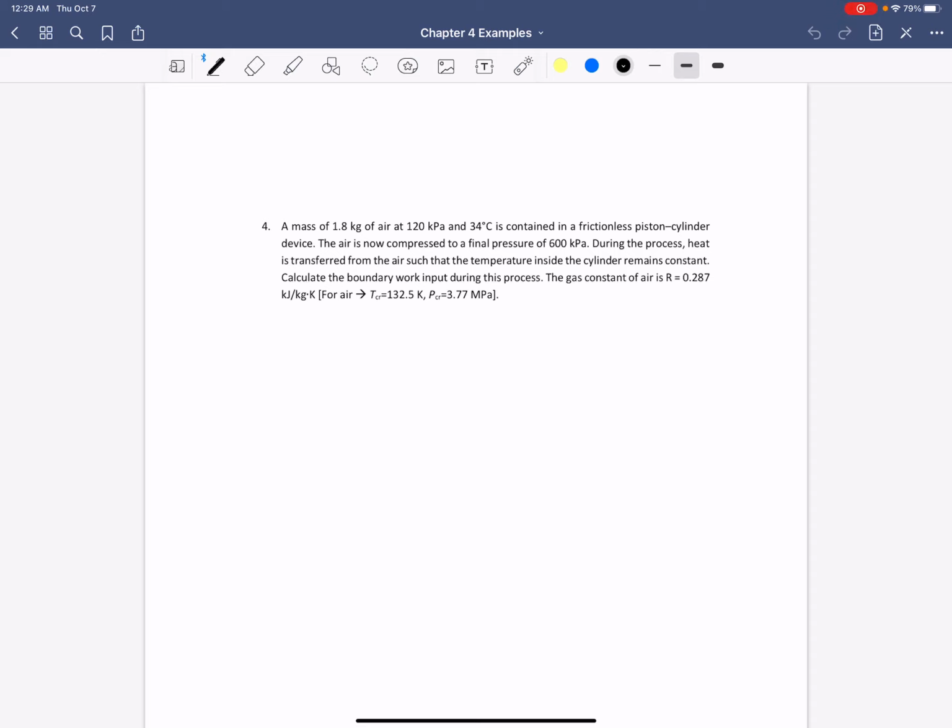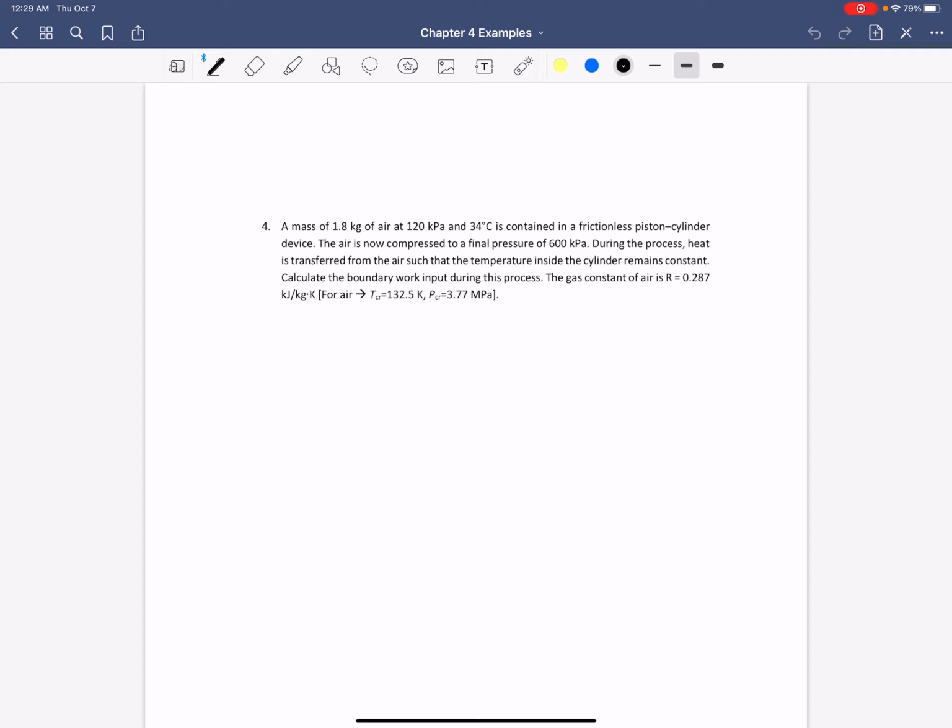A mass of 1.8 kilograms of air at 120 kilopascal and 34 degrees Celsius is contained in a piston cylinder device. The air is now compressed to a final pressure of 600 kilopascal. During the process, heat is transferred from the air such that the temperature remained constant. Calculate the boundary work